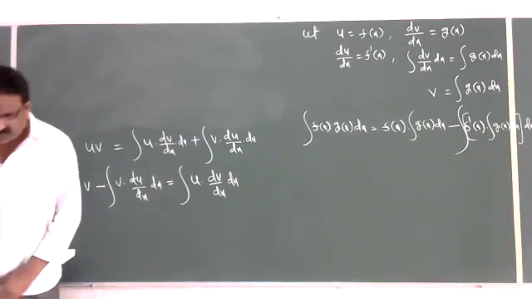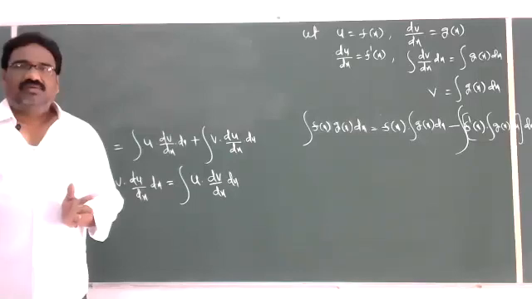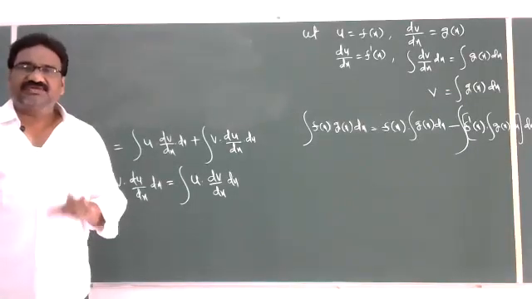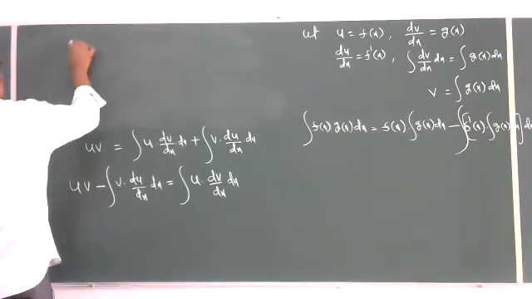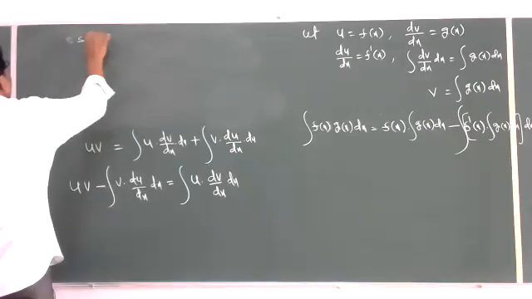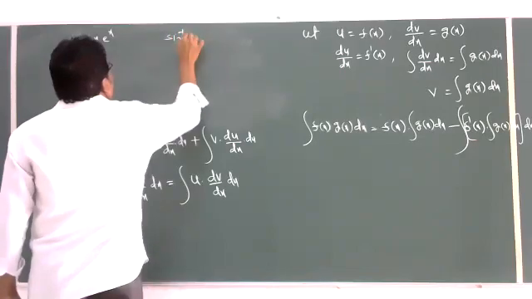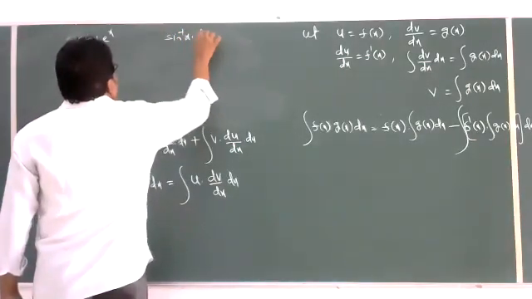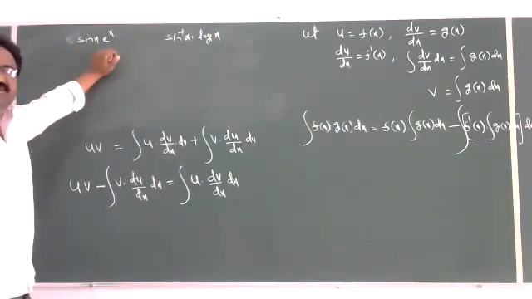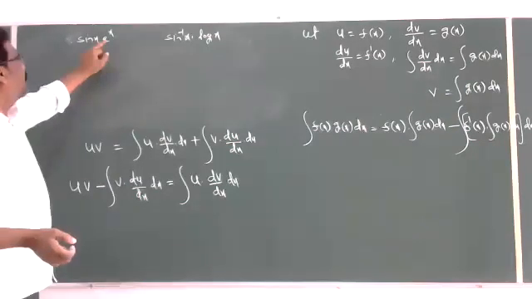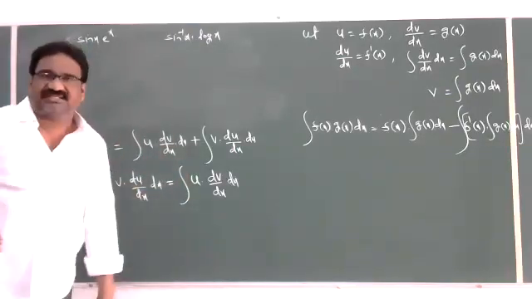But what is the convenience in differentiation by using UV rule? What is the inconvenience in integration by using UV rule? We discussed that point. For example, the function given is sin x into e power x or sin inverse x into some log x, like that. In differentiation, you take any function as the first function. For example, you take this is u and this is v, or you take this is u and this is v, you get the same answer.